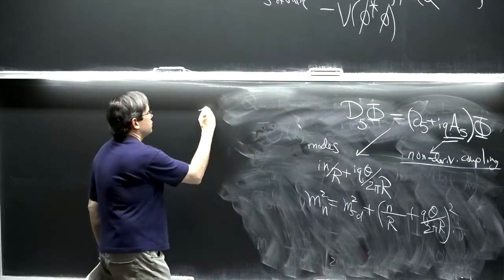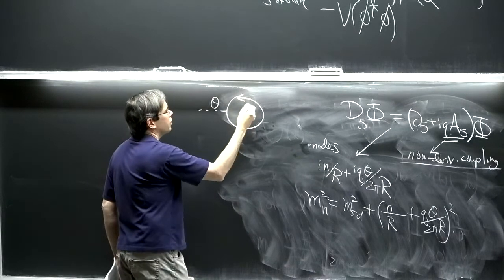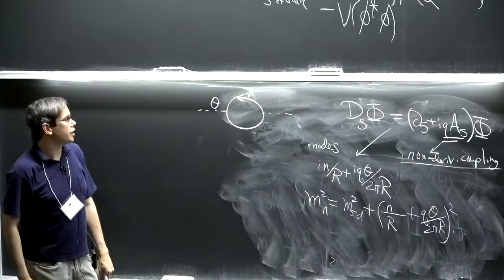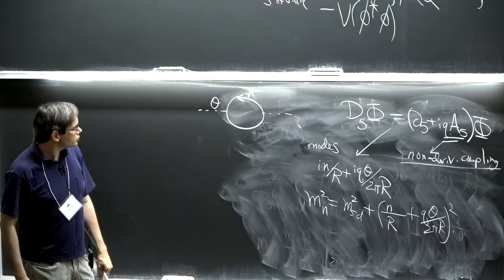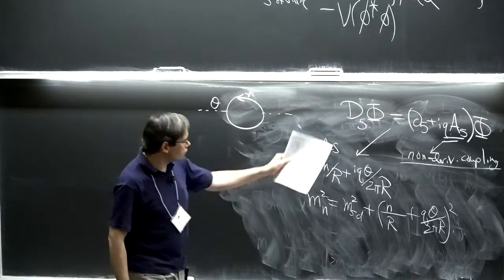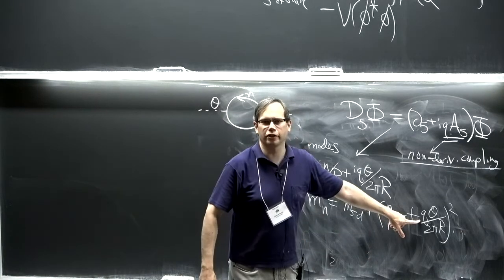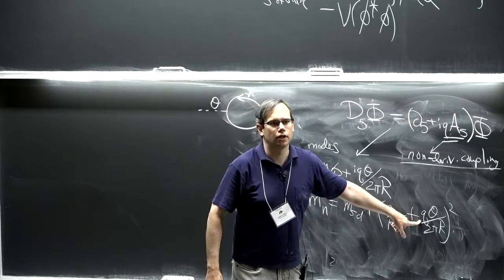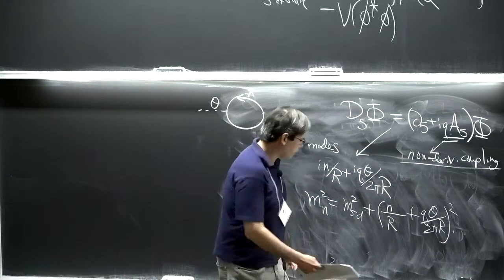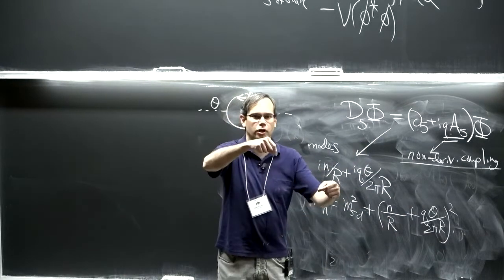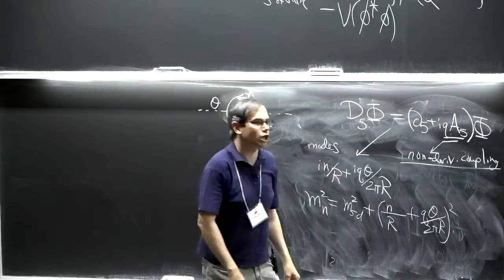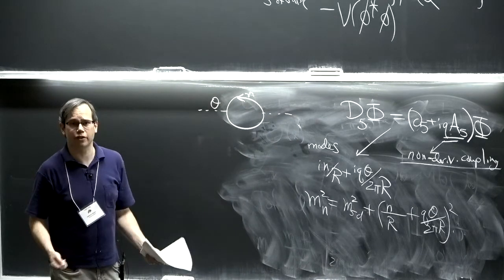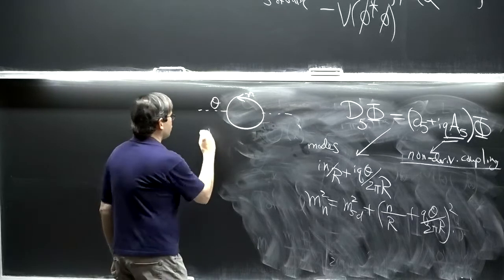And so when I think about my low energy theory, I have mode theta. It talks to all these different things that are propagating around the circle through loops, and that generates a potential. Now this potential looks a little funny because this mass term didn't look periodic in theta. But physics is supposed to be 2 pi periodic in theta. The way that works is if theta goes to theta plus 2 pi, each of these modes hops over and becomes another mode, and they shuffle along. That's a phenomenon called monodromy. And there's a way to sum up the series of all these things and get a manifestly periodic potential, using a trick called Poisson resummation.